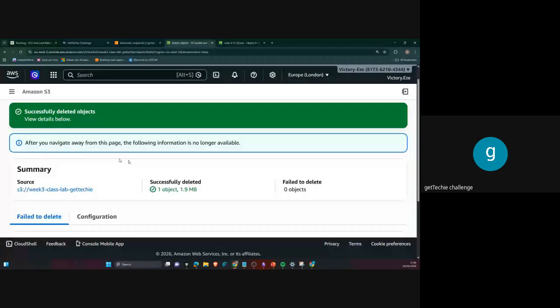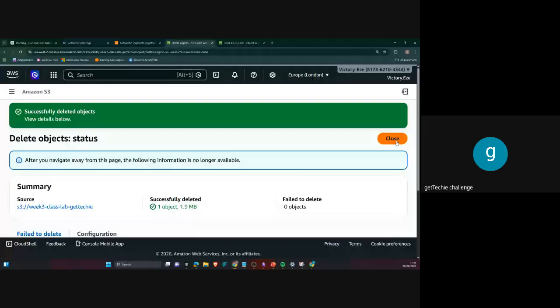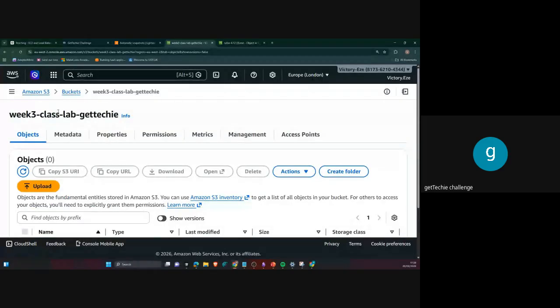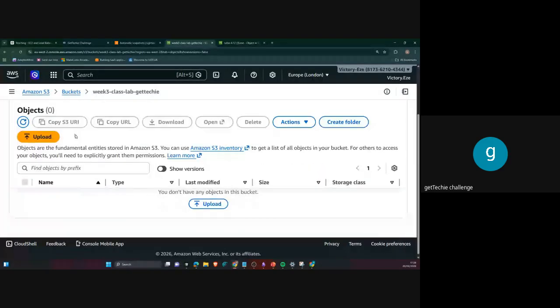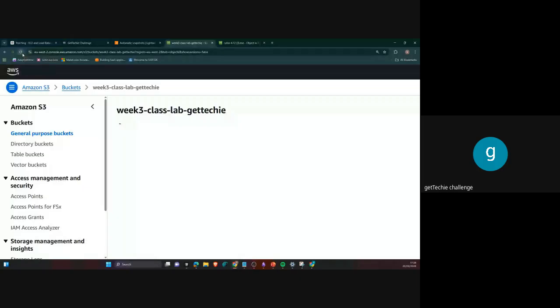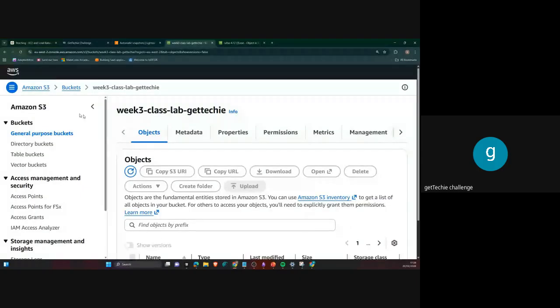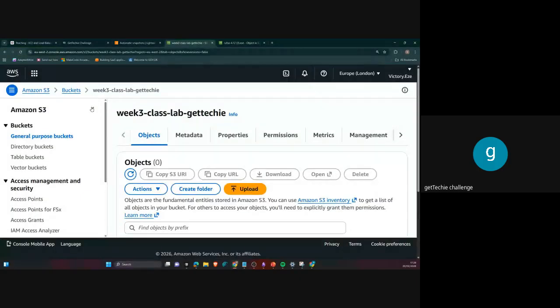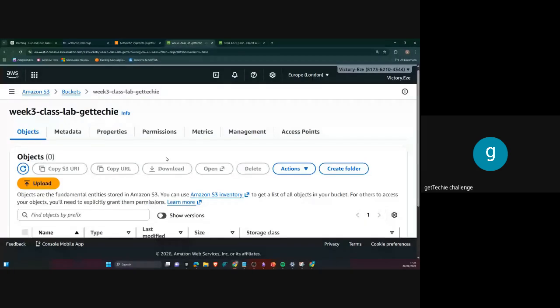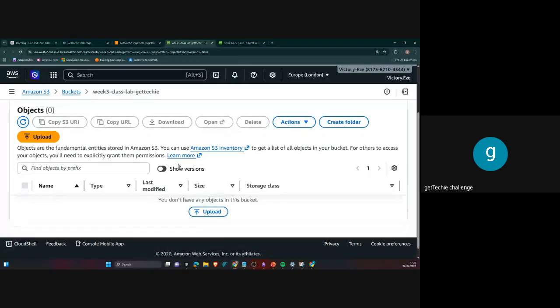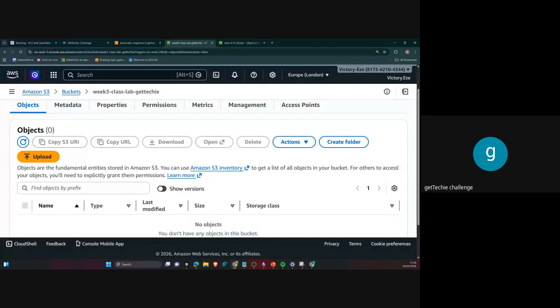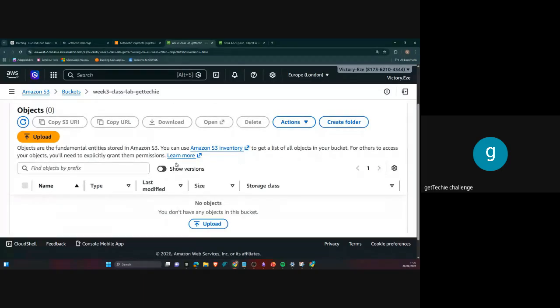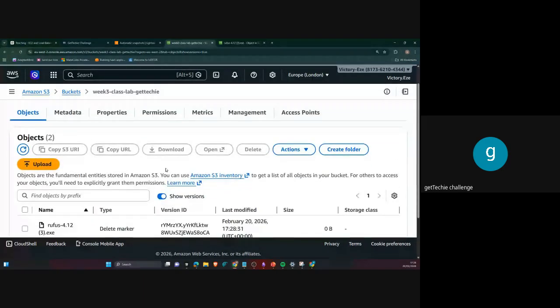But guess what? If I go back to my S3, close this please. Go back to my objects. I really don't have anything. Can you see? I can refresh. I really don't have anything. It's deleted, it's gone, right? But because I enabled versioning, I'm now going to show the previous version. Okay, fine. I know there's nothing here anymore, but can you please show the previous version of what I had before on this bucket? So if I come here and toggle show version, guess what happened?